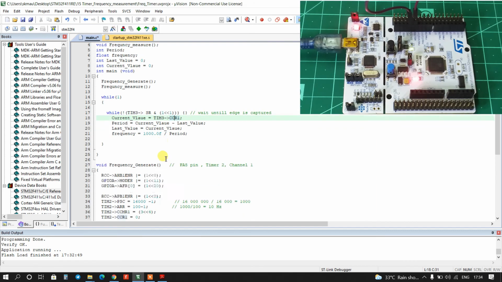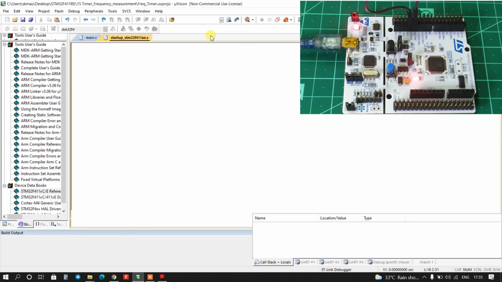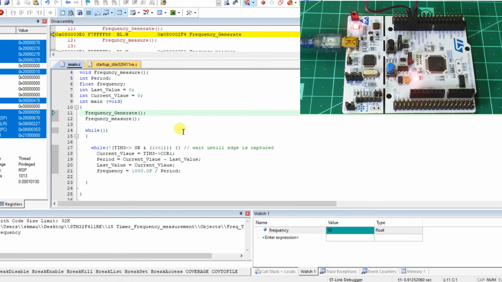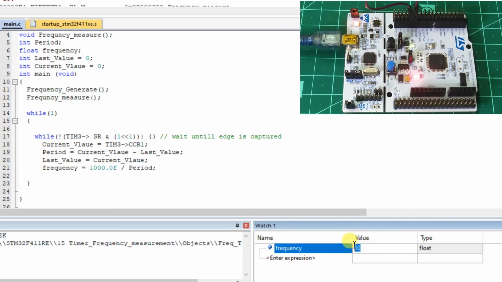Okay, I think now it is correct. Again build, load and debug. Run. Wow, you can see the frequency is 10 hertz.